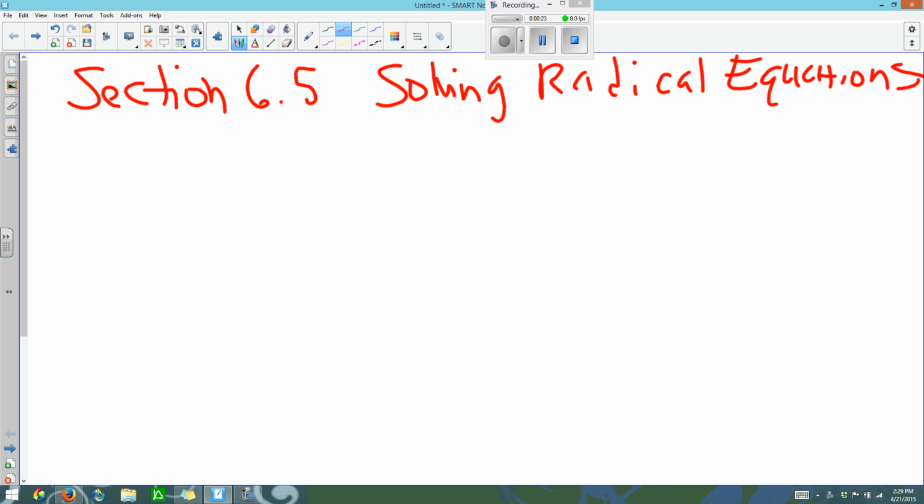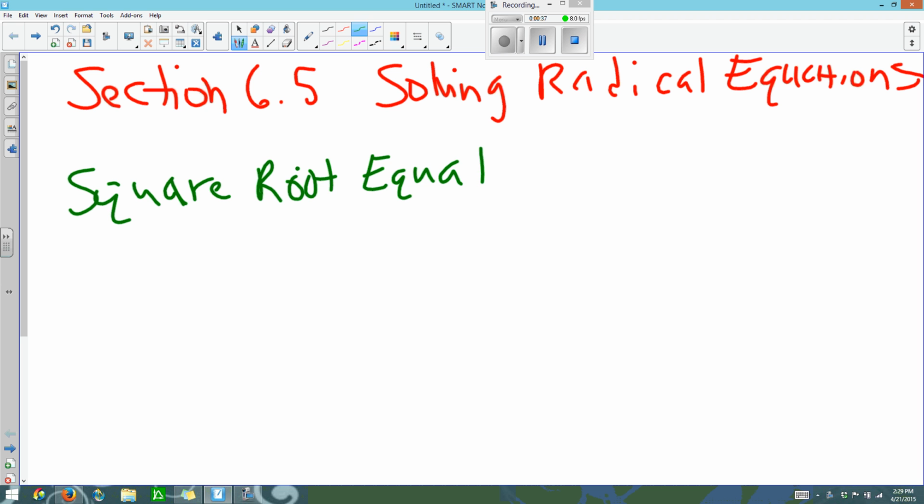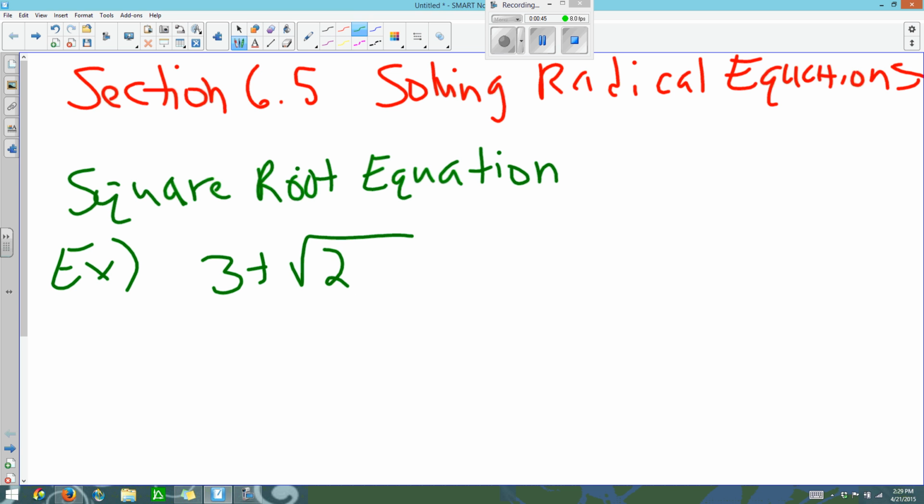One equation could be like a square root equation. For example, okay, first step would be to get rid of 3